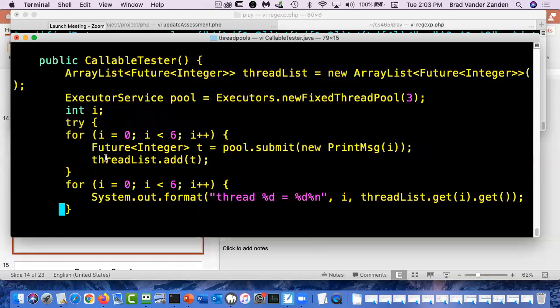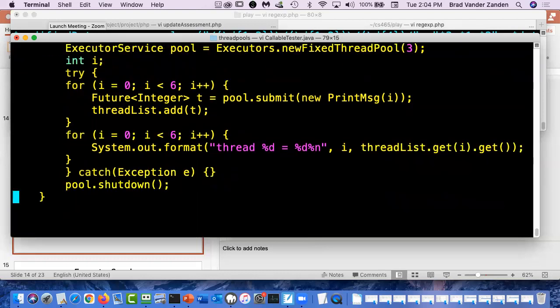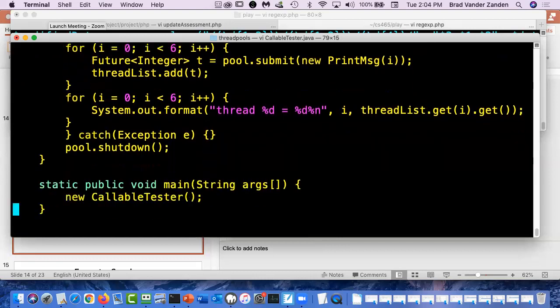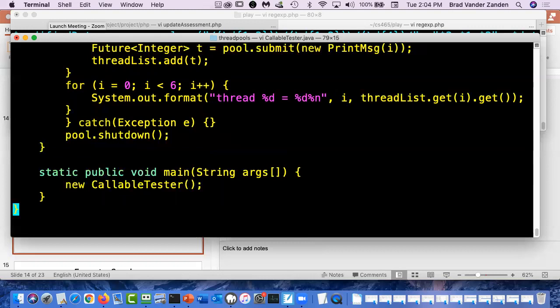Then after we have done that, for i equals 1 to 6, we get the future for that task, and we print out its value using get. So we will wait. That get method will cause us to wait until we get it. And again, we shut down the pool when we're done. So if we look at that,